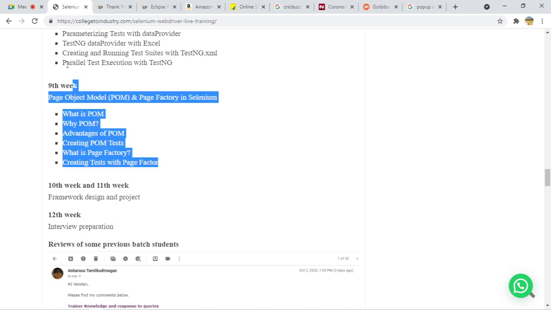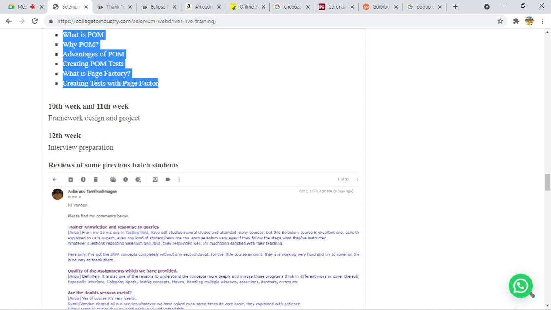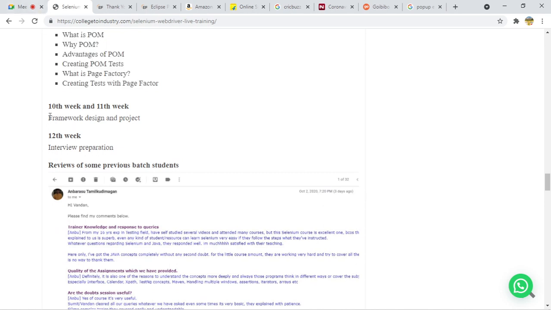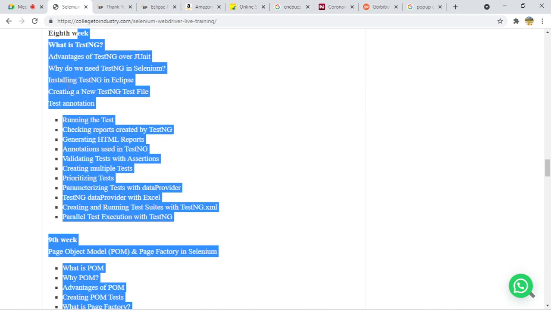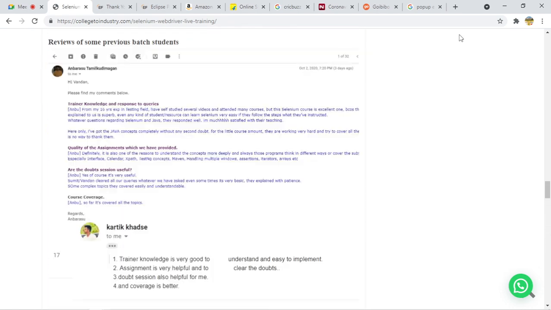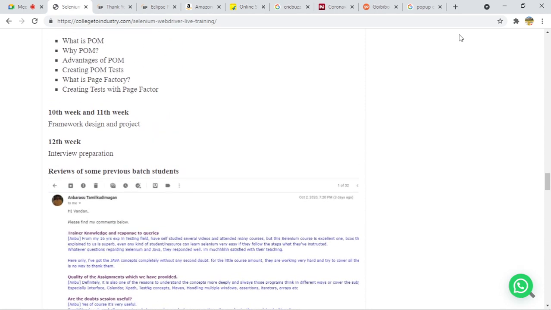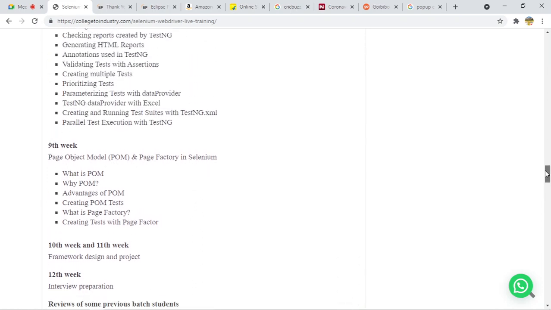So once we complete all that, we will connect all the dots and build one end-to-end hybrid approach framework from scratch, right? Once you learn all that detail, it will be very, very simple. After that, we will design one end-to-end framework from scratch. So that framework you can also explain in your company, and you can also show 2 to 3 years of experience if you want. So this is about the course structure which we are going to cover from tomorrow.